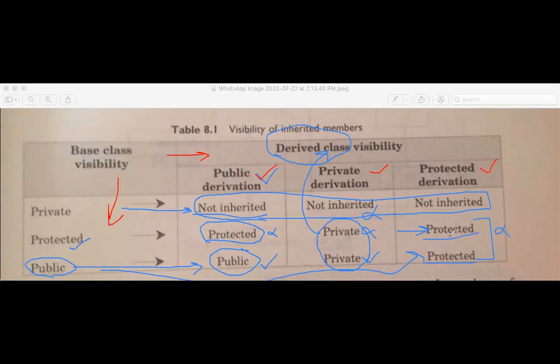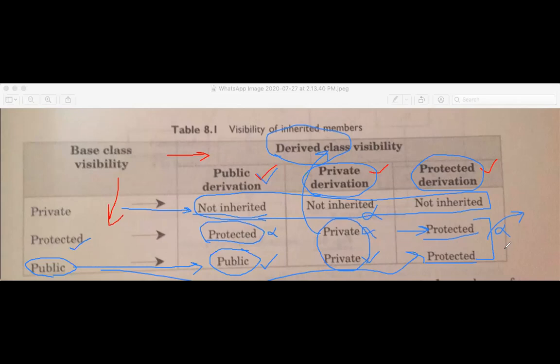So protected member is inherited, but the private member is not inherited. So here also, if you are using private derivation and you again derive it, the base class is not available to the third level. Base class data members and functions are not available to the third level in case of private derivation. But in case of protected derivation, the protected member and the public member of your base class are made available to the next level of your derivation. That is the difference between private derivation and protected derivation.